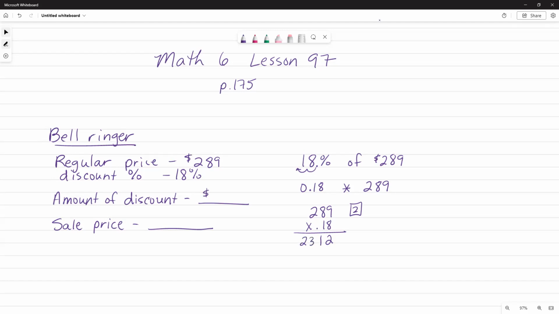And then 1 times 289 is just 289. You can annex in your 0 for that if you need to, but make sure that 9 goes under the 1 in your second row. And then you just add. So 2, that's 10, so carry my 1. 11 plus 1 is 12. Carry my 1 and 5. So the discount that's taken off of the regular price is